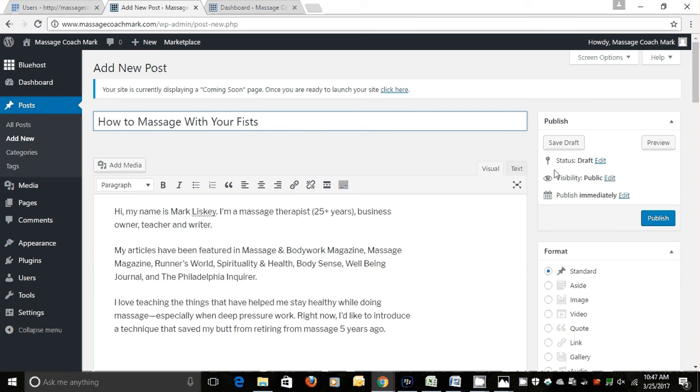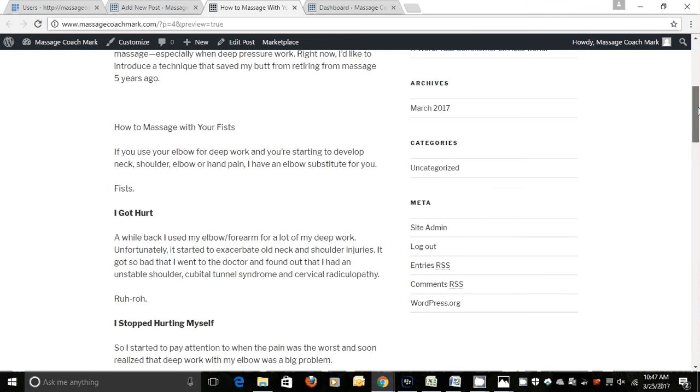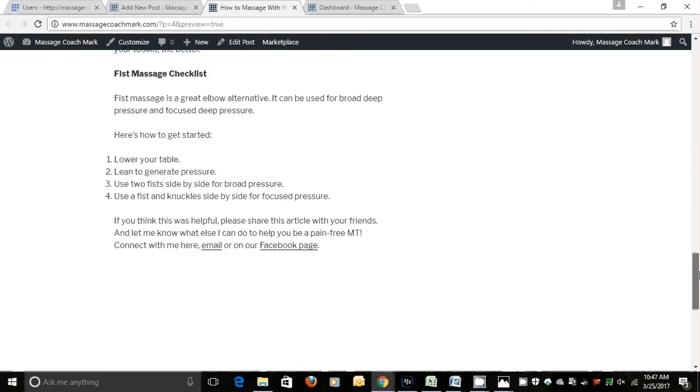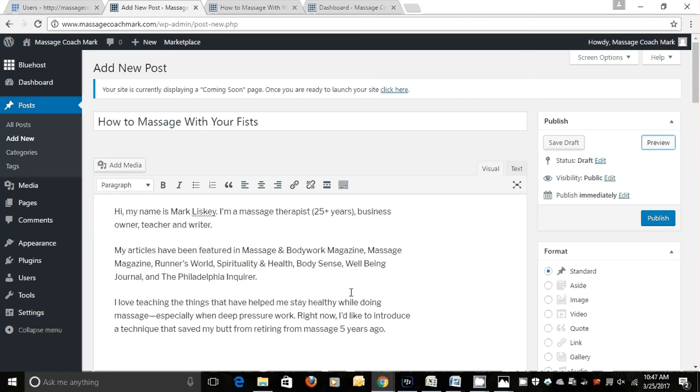It's pretty cool. So over here we have a preview button, right? So this preview button, we can view what it's going to look like before we send it out. So let's hit the preview. Okay, so this is what our generic site is going to look like for now. So that gives you an idea. So now let's say I want to go back and change some things. I would go back here to where I'm working in my WordPress, and I could change things, and I'd hit preview again to look at the preview. So that's a pretty cool thing there. So I think I'm good with that for now. So I'm just going to hit publish,